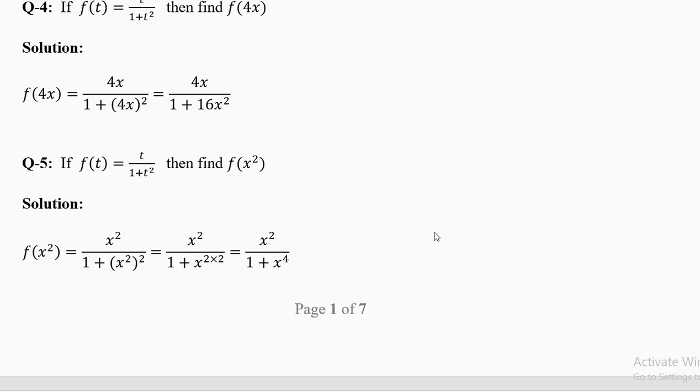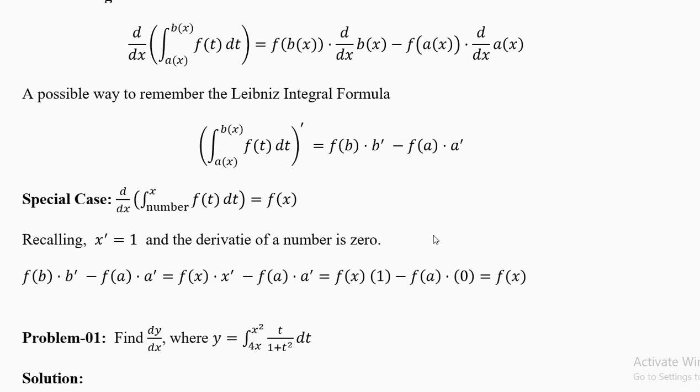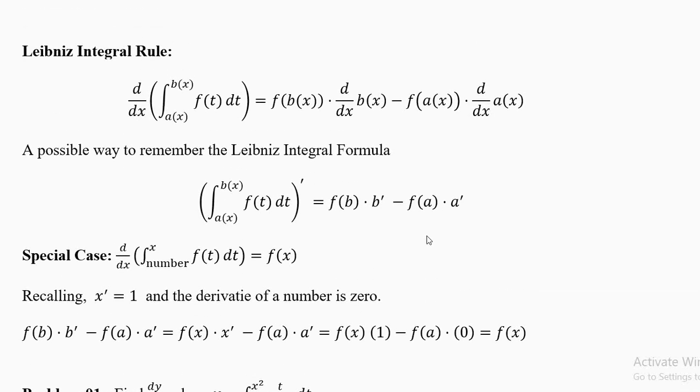The numerator is straightforward. Now what does the Leibniz rule tell us? The Leibniz rule tells us if you want to differentiate the integral of f of t going from a to b, it is equal to f of b into derivative of b minus f of a into derivative of a. This a and this b need not be numbers. In the previous chapters of definite integrals, a and b were ordinary numbers. Now a is a function of x, b is a function of x, so we write b of x. A is the lower limit, b is the upper limit.